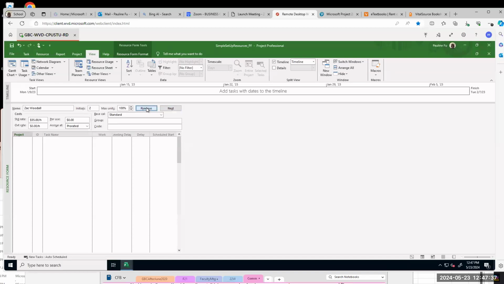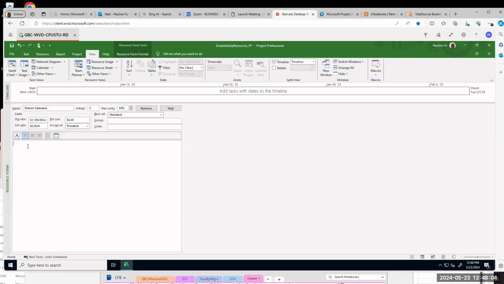No, go to Previous. We want to locate Sharon Solovia. So use Previous button to locate Sharon Solovia. And then right-click your mouse, select Notes. Right-click your mouse on lower pane, select Notes. And then you type in the notes. Sharon's standard pay rate.